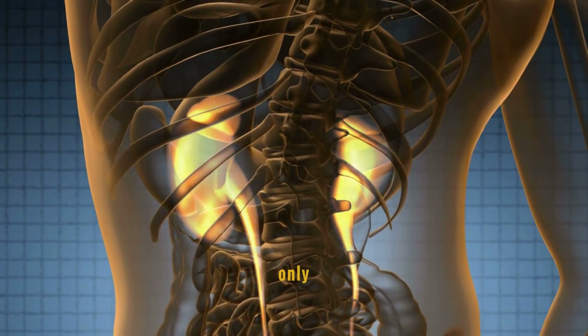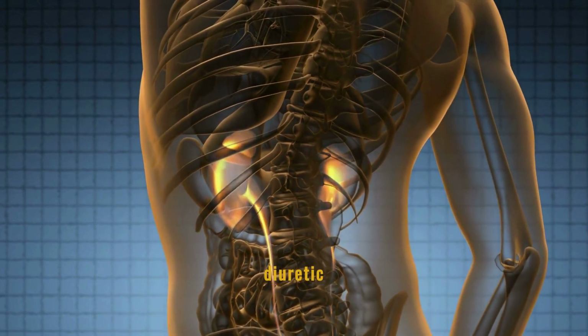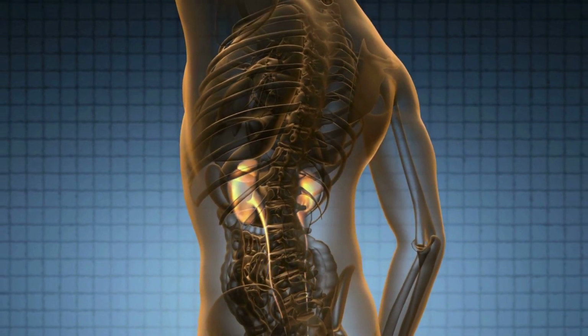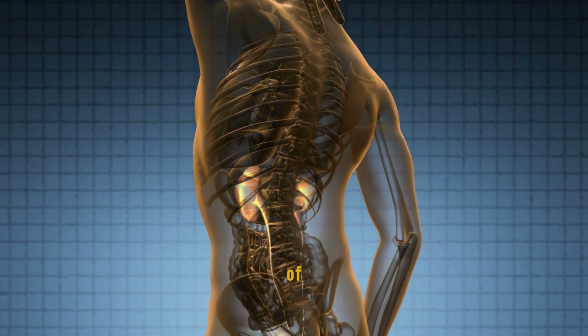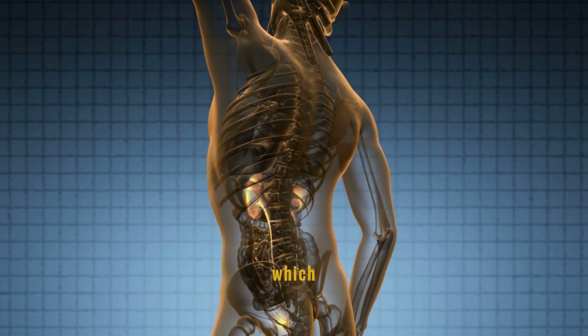Cucumbers and lemons not only promote hydration but also support kidney health. Their diuretic properties help flush out toxins and reduce the load on your kidneys. Regular consumption of this mix can prevent the buildup of harmful substances in the kidney, which helps in maintaining their